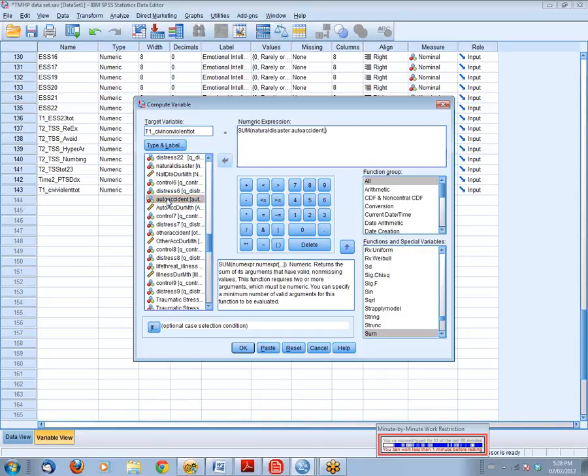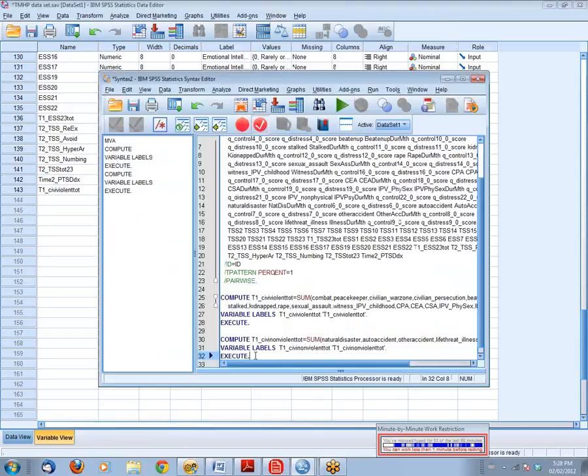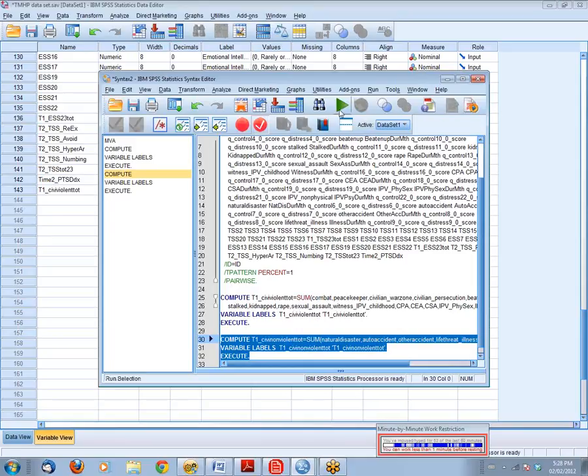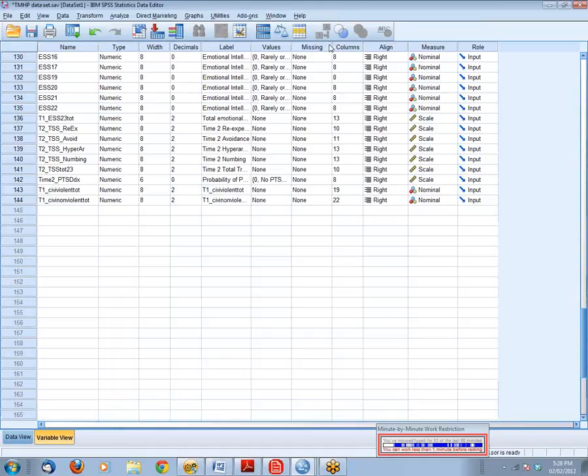So natural disaster, auto accident, other accident, and life-threatening illness. And essentially paste it again and go to your syntax window, and then also here you are running them. So again, if you go to your file, you'll see that at the very end there is nonviolent traumas now as a total score. So the next question that